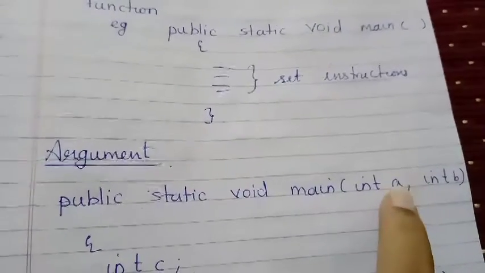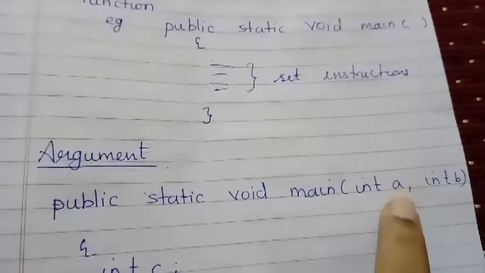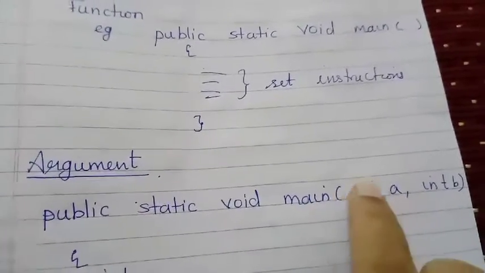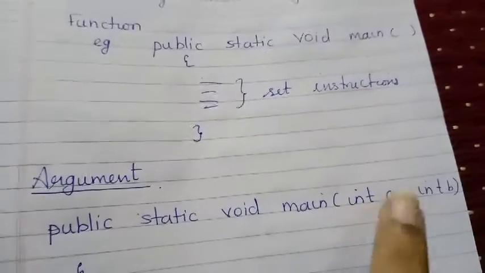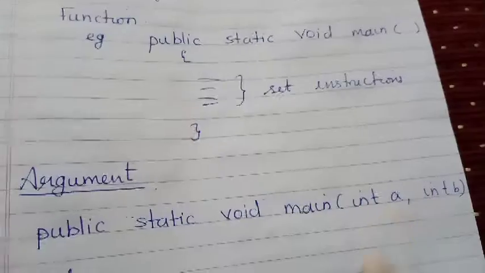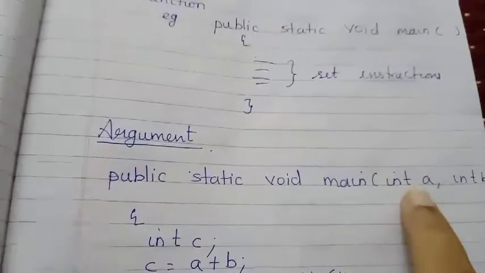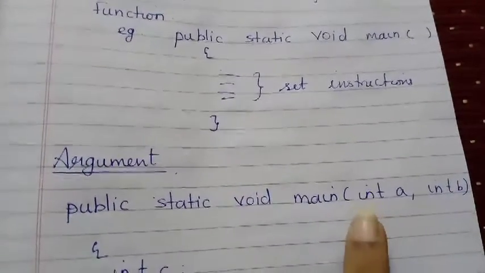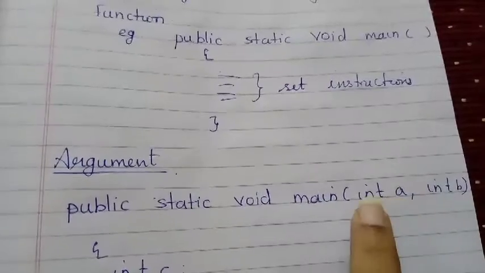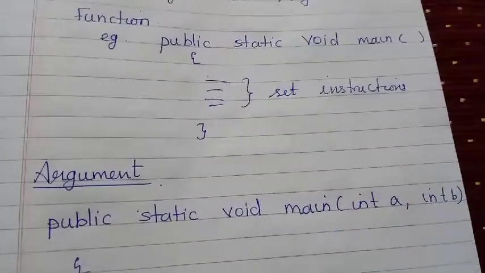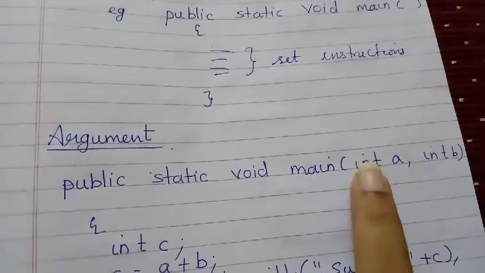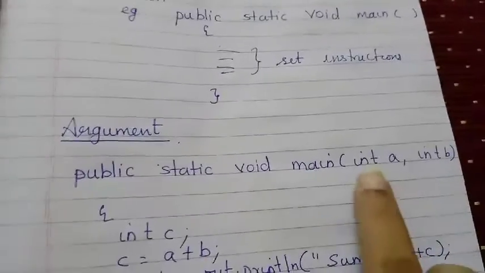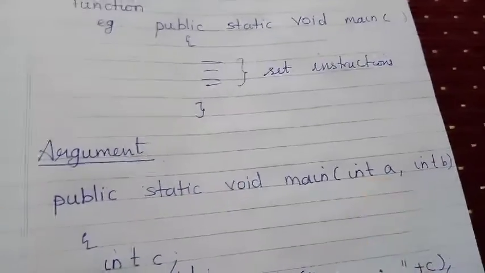In this variable the value will be passed, and what type of data this variable is going to have is indicated by this data type. So according to this data type only we can use it here. Whatever data type is given here, the same type of input you have to pass. You have declared int here, and if you pass a string it will not accept. So whatever data type is declared in this argument, the same type of data should be passed. And through this we can access the input.